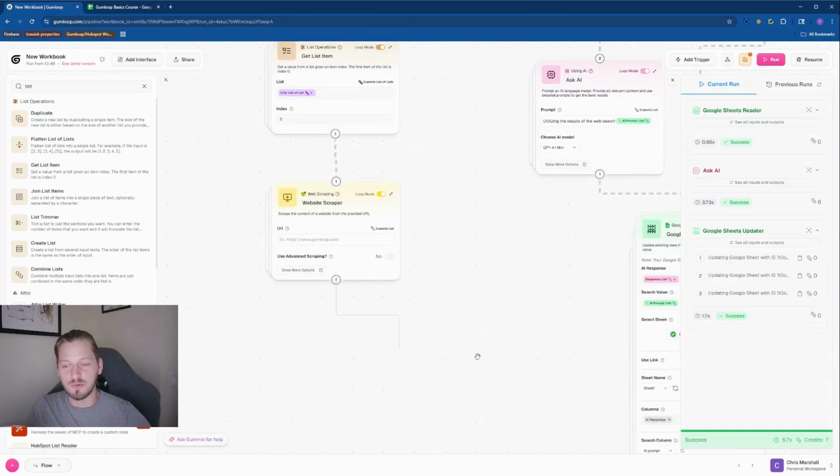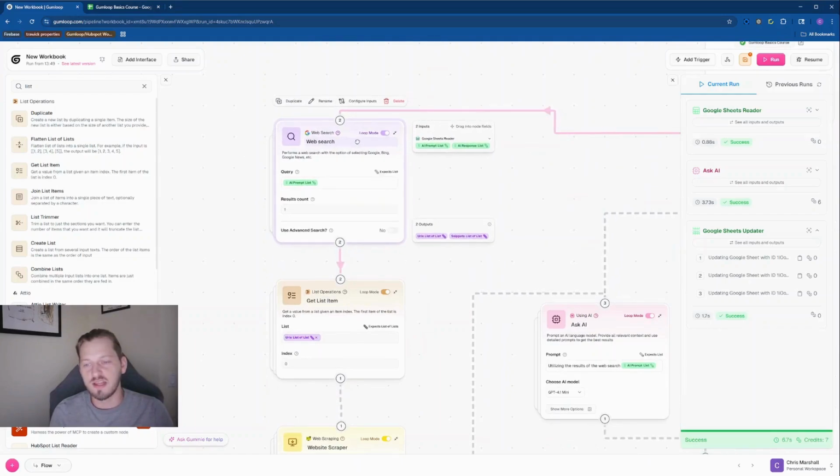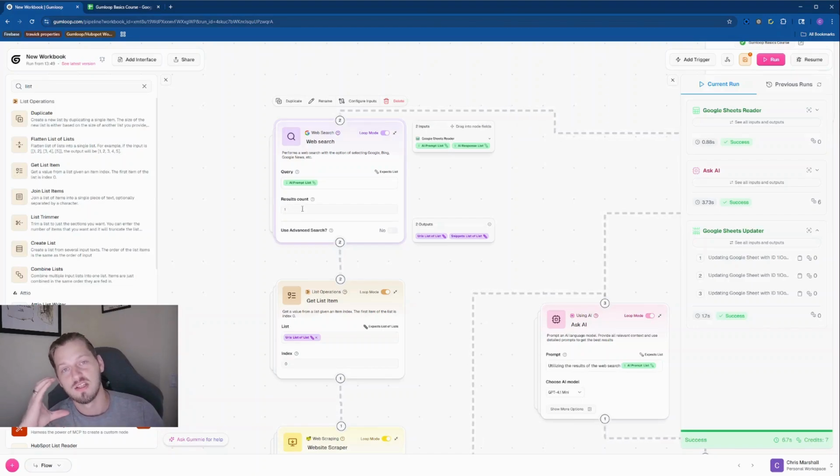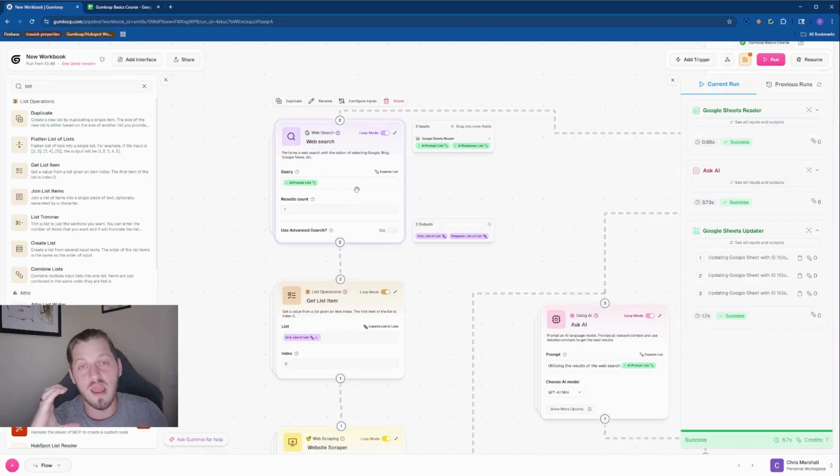And then what we do is we pull this all into here. This is going to get the item. Yeah, so this is creating a list of URLs that's only one result long. There's one URL, but it is technically a list. So think of this as code. This creates an array of URLs